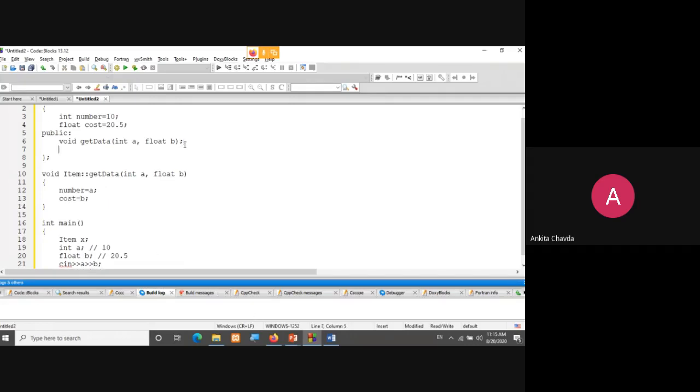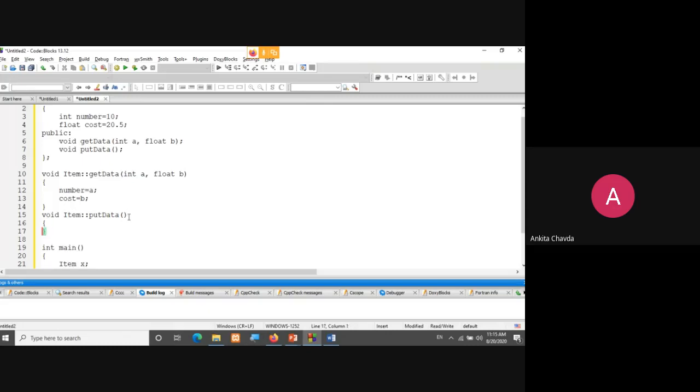Now in the same way I'll have another function, that is void put data, and in put data I am simply printing my values. So what should I do? I'll simply copy this function, void put data. But how can you define it outside of the class? With the name of the class and the scope resolution operator.